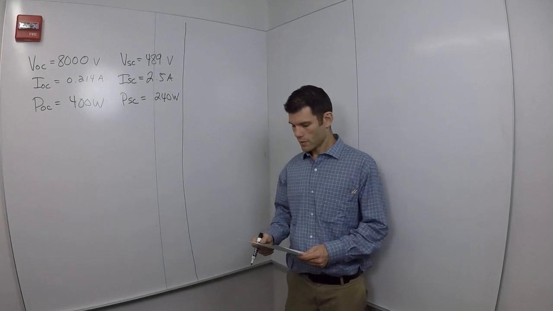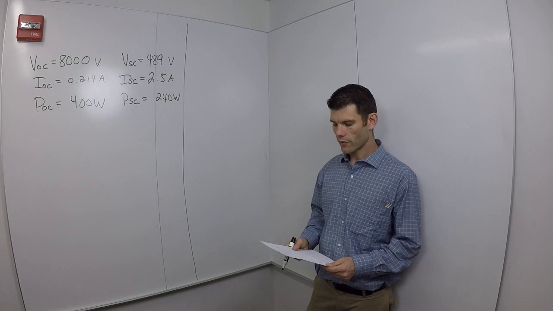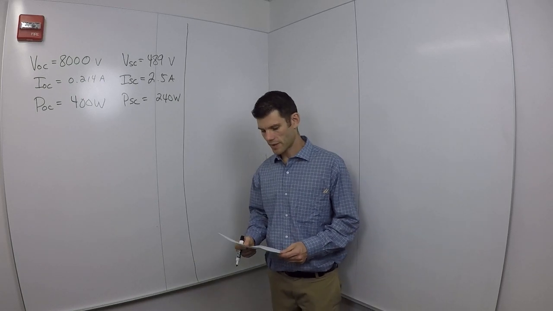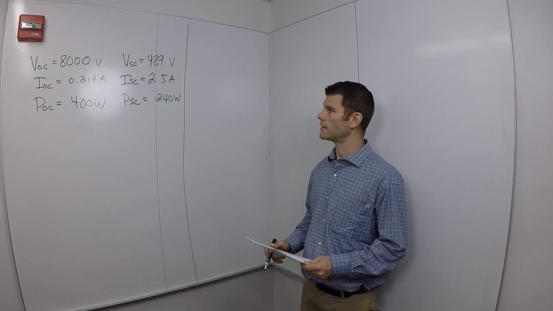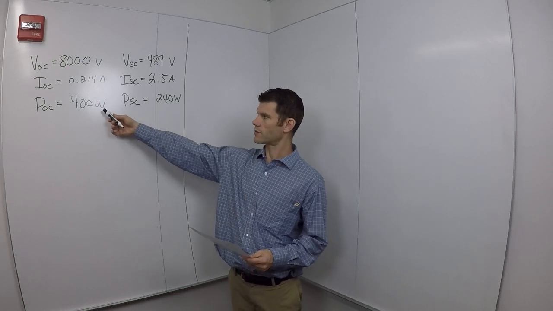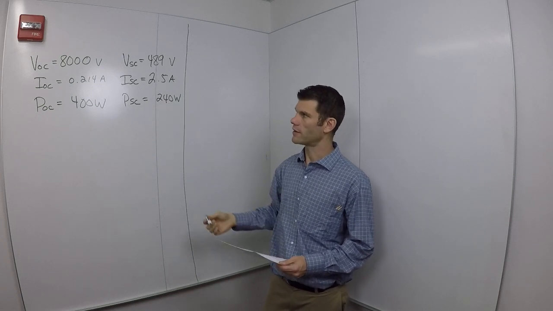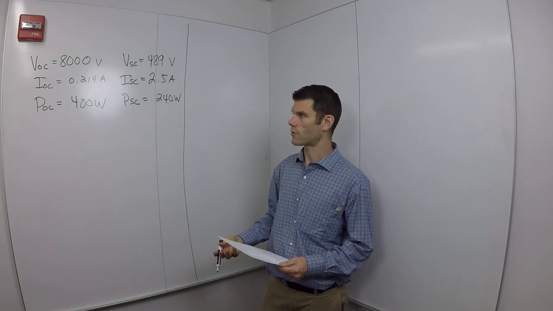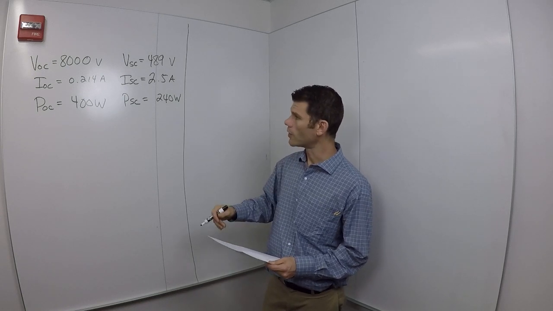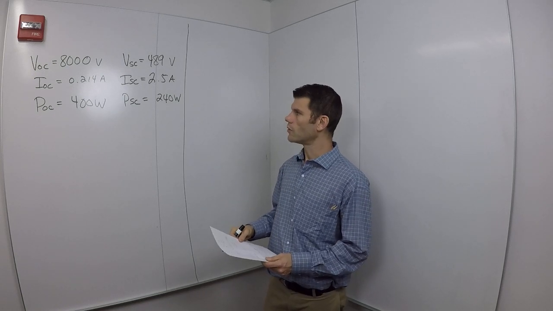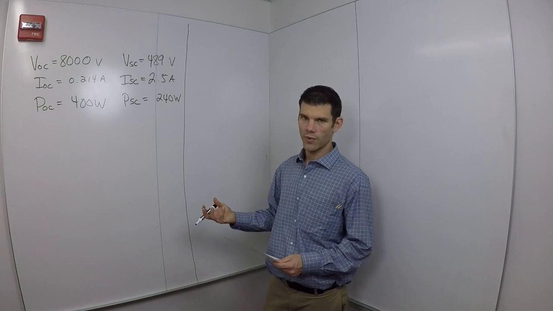Okay, so this is example 2 on lecture 12, which we didn't have time to get to in class. This was actually using data from the open circuit test, which you see here on the left, and data from the short circuit test, which you see on the right, to find the parameters of the transformer, which I described in class. So first thing we can do is calculate the admittance of that excitation branch using